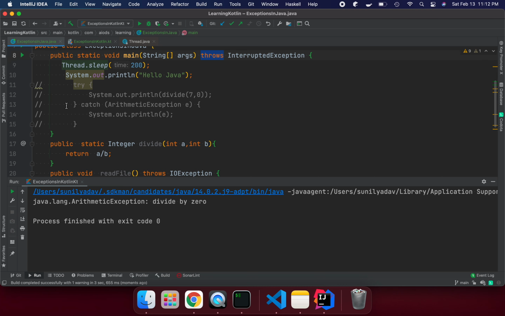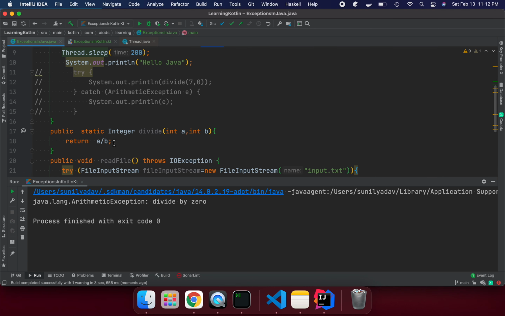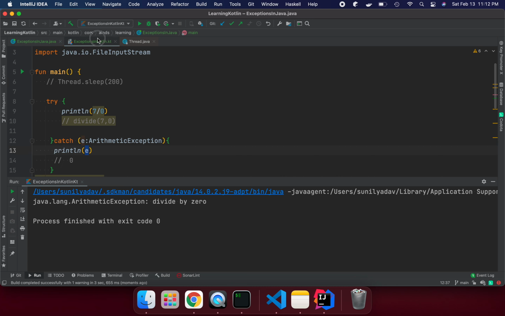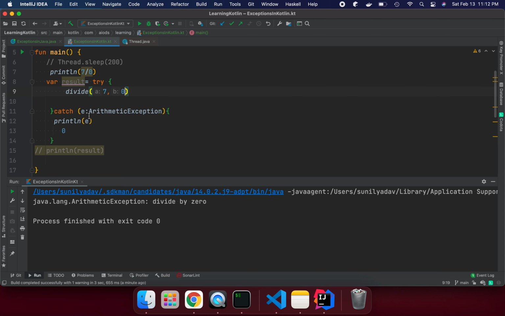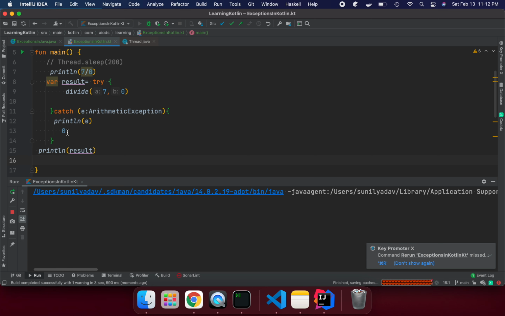Similarly, in Java we use divide by 0 and the same thing. It works in a similar way, just written a bit differently, catching ArithmeticException. But Kotlin also supports the expression way, where we can store the value. Kotlin lets us use expressions, so we can store the try catch block value. If my method is going to divide something by 0, then we go to the catch block, and we can store this value into a result. So if I run this block of code, we will get result 0, right?